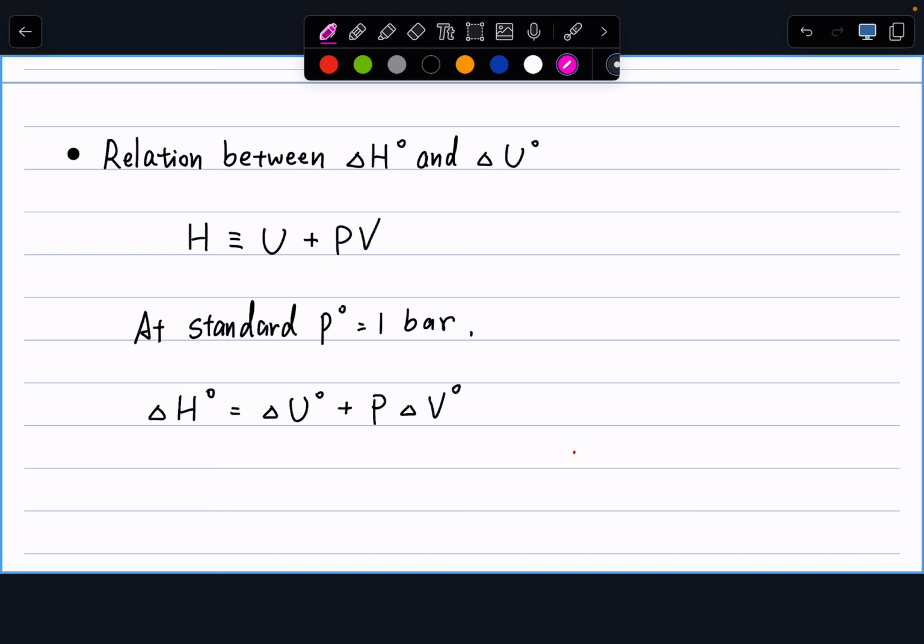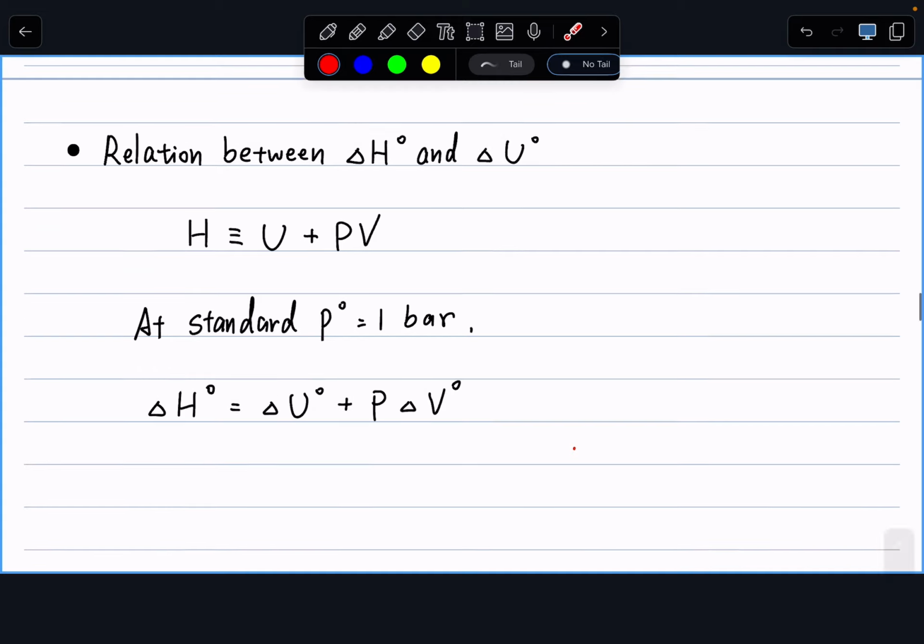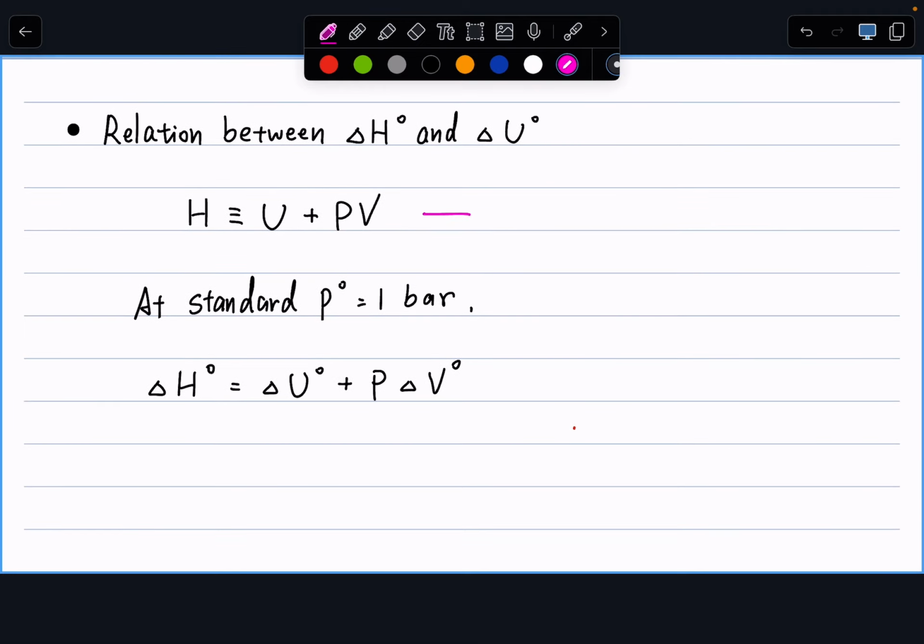Right, so what do we know? We have the definition of enthalpy. So H is by definition equal to U plus PV. At standard pressure or standard condition, we know that our pressure is always kept at 1 bar. So think about this one. Why do we have this expression here? Again, it's always safe to take the differential on both ends. So my dH is always equal to dU plus d(PV), or dH is always equal to dU plus P dV plus V dP. Right, so these are always going to be true no matter what.